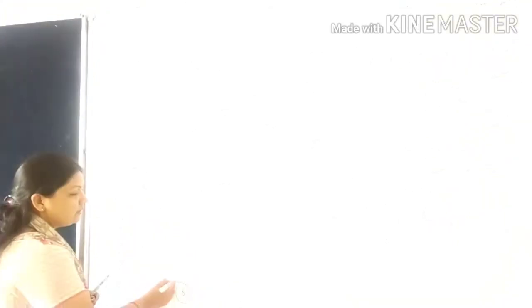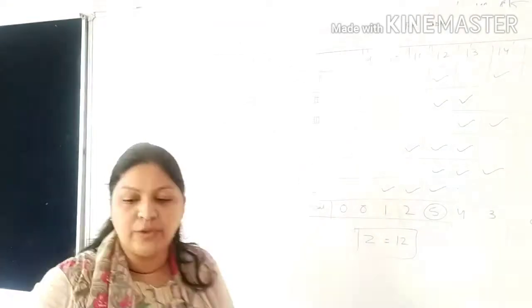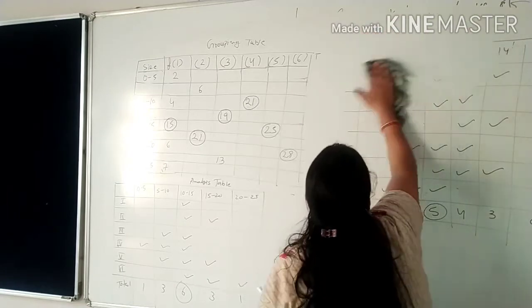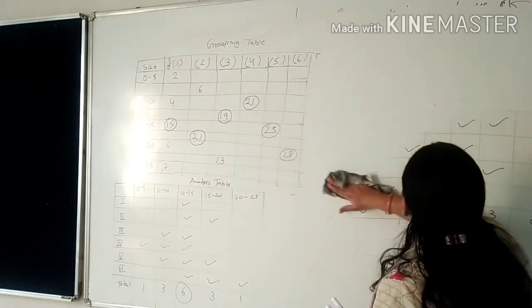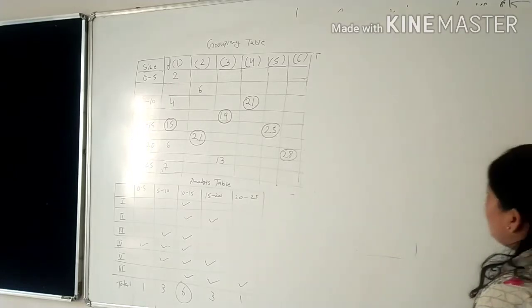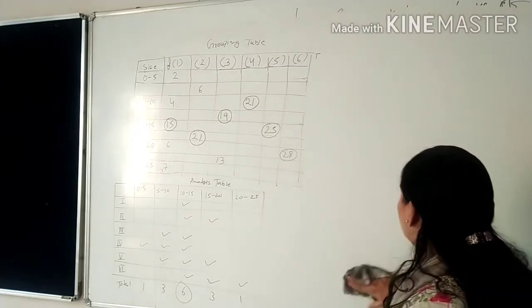So which one is the highest? 6 is the highest. But it is the continuous series. So you can write down 10 to 15 is your standard column. What is your standard column? 10 to 15. But students, keep in your mind, here the observation is not directly given to you.